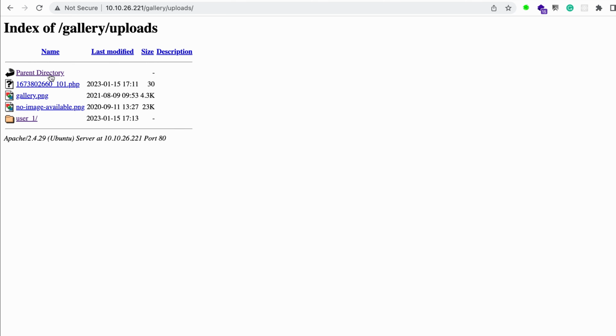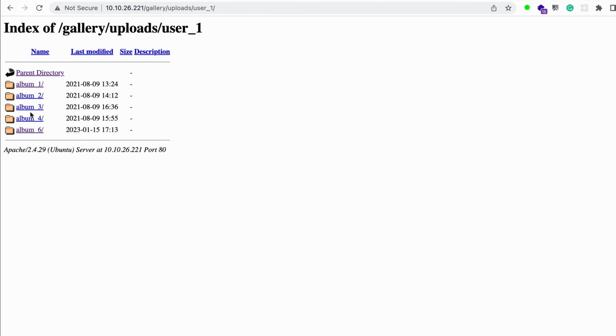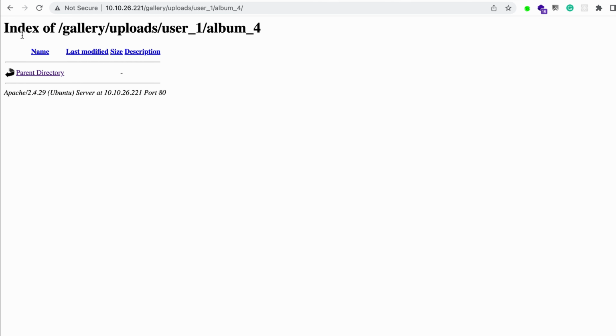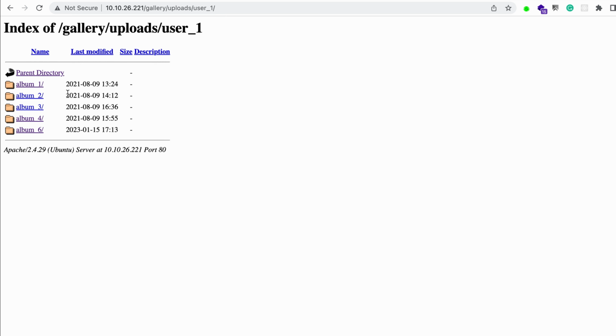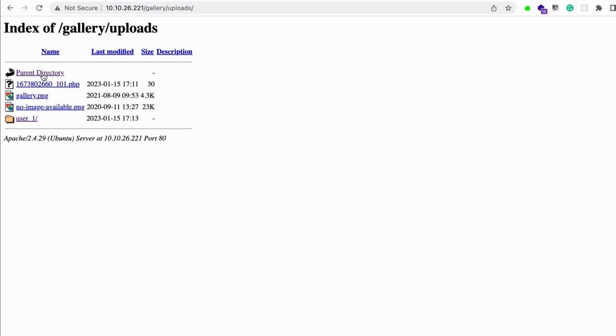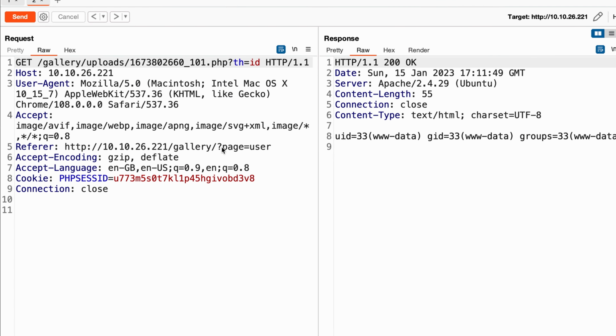So I guess maybe there might be a command injection here, because there is a folder that gets created. Maybe the developer is using an operating system command to create the file or the folder of the album. I'm not sure, but we are going to learn that in the near future, because now that we have remote code execution on the server,